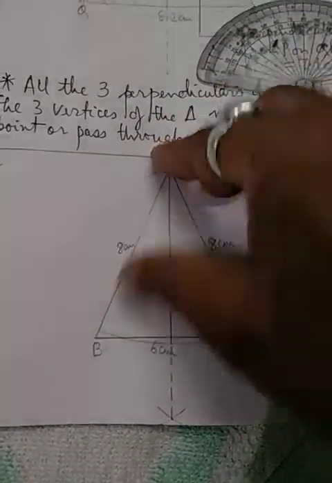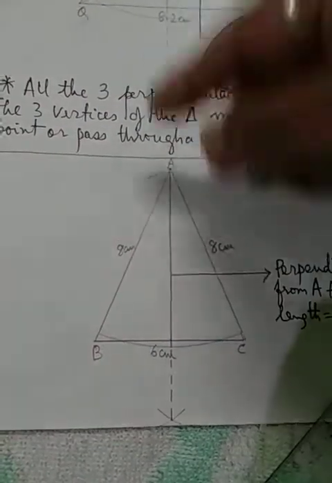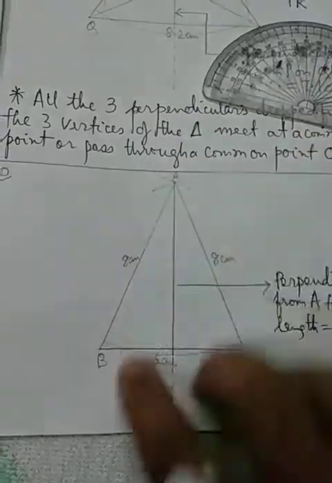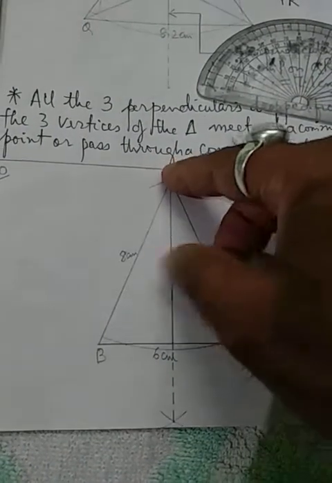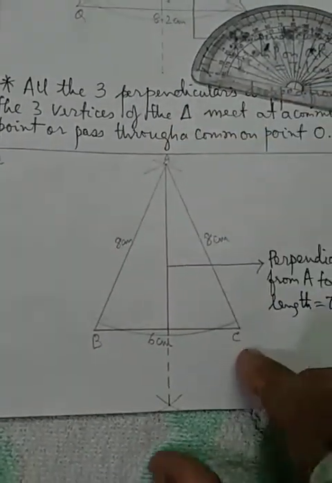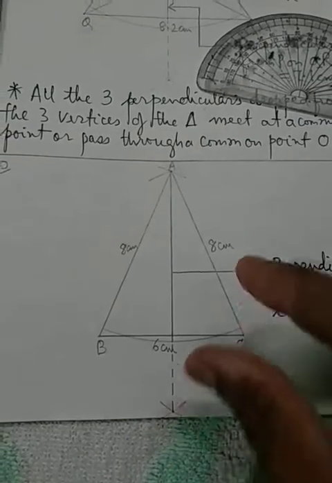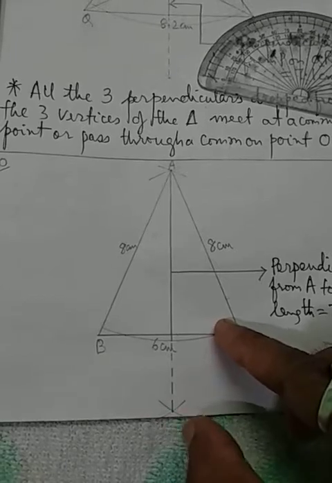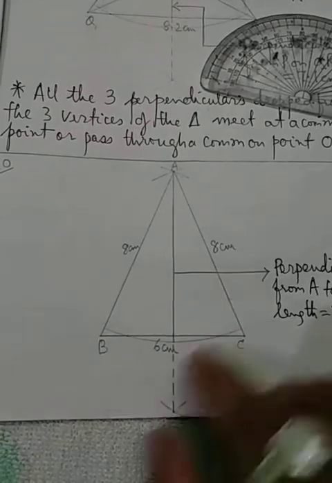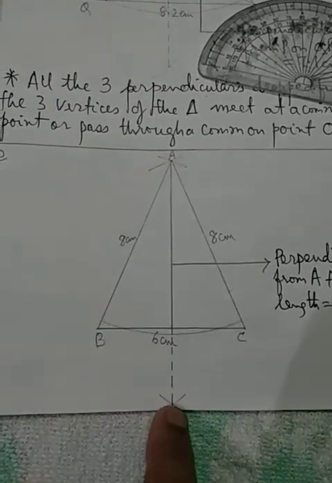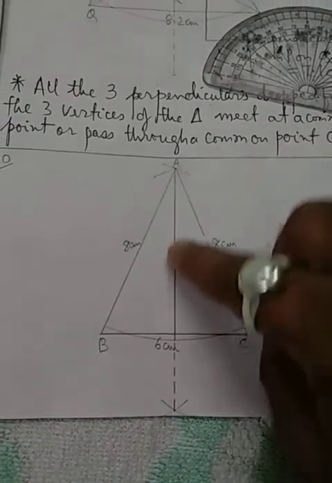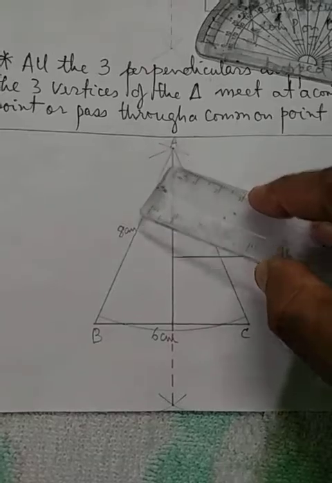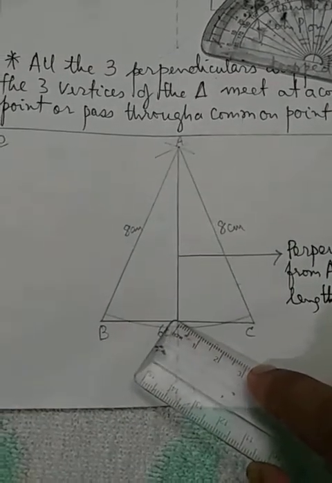So from A to BC, again the same work what we did in the previous sum. From A you cut an arc which should cut the line at 2 distinct points. From A I am cutting this arc. Then let me make the arc a little less. Whatever arc I had taken, I will reduce it. Once I will cut from this point, and next I will cut from this point. So they are cutting here. Join them, perpendicular. Measurement of the length will be from here to here only, within the triangle.